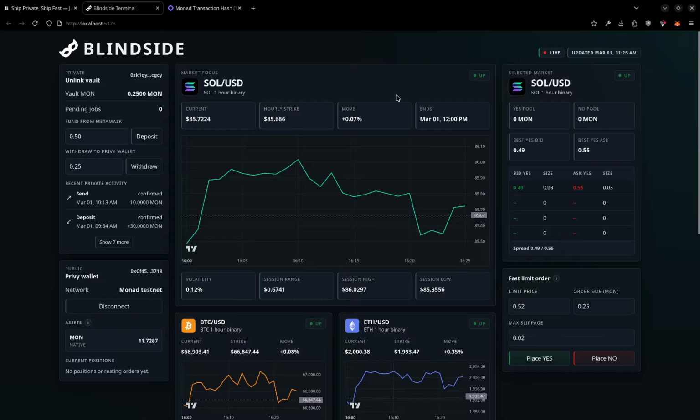From there, Unlink is the privacy vault. In this codebase, the user funds an Unlink vault from MetaMask first. That's stronger than treating privacy as a simple pass-through layer. A pass-through layer can still leave a clearer visual connection between the input wallet and the output wallet. A vault model is better because the value enters one private store first, then funds can be withdrawn out to the execution wallet separately,